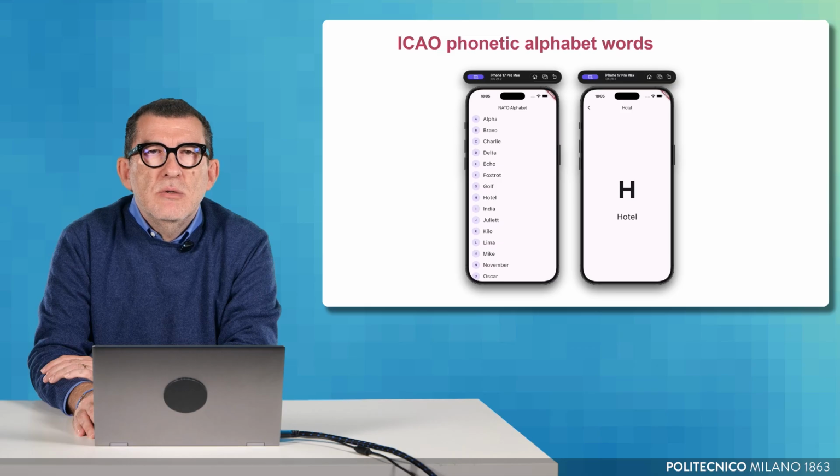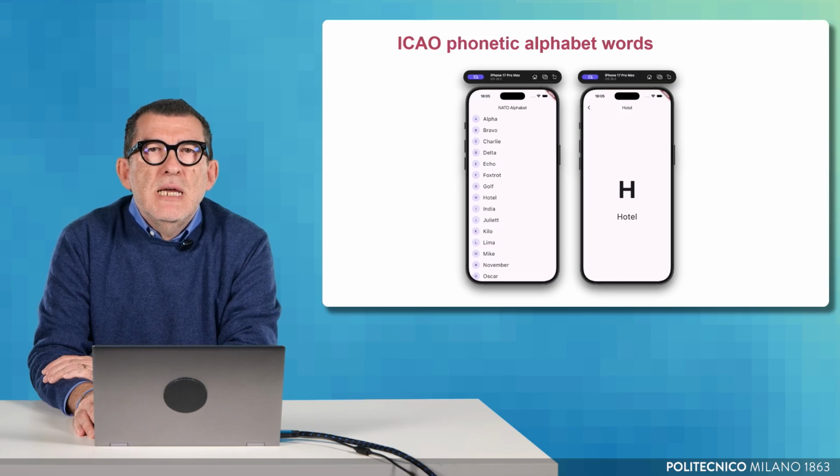Now that we understand how to pass arguments from one screen to another, let's try something slightly more complex, inspired by a familiar example, such as browsing contacts. Of course, using real contacts and complex data structures would introduce unnecessary complexity at this stage. So we will keep the example simple. Let's consider the phonetic alphabet: Alpha, Bravo, Charlie, Delta, Echo, Foxtrot, and so on.